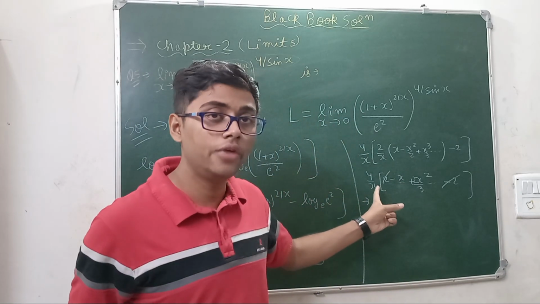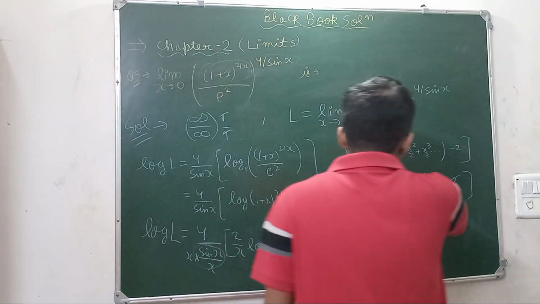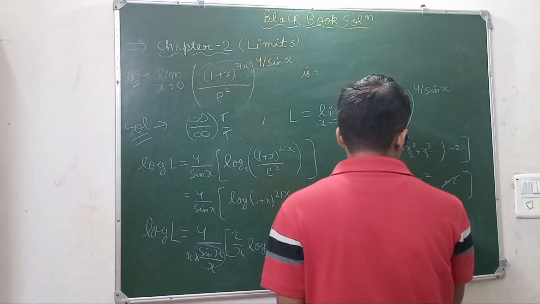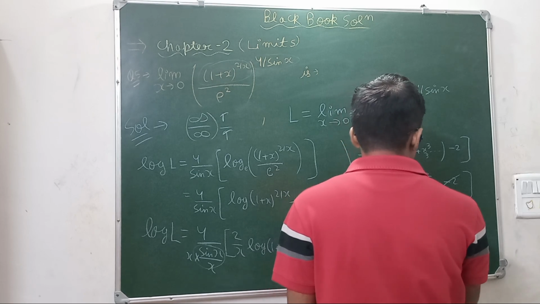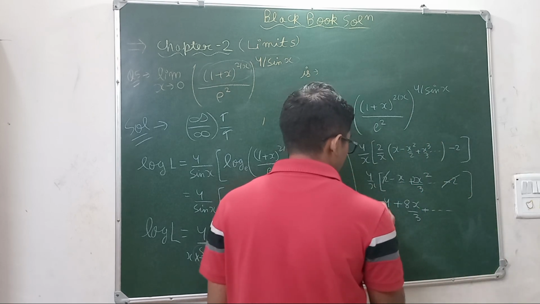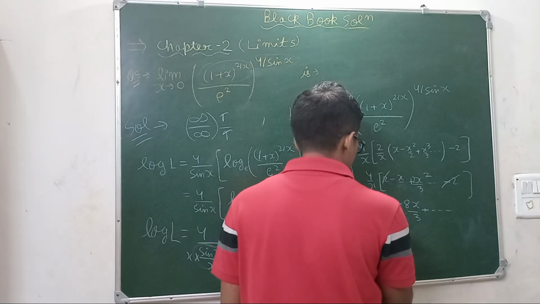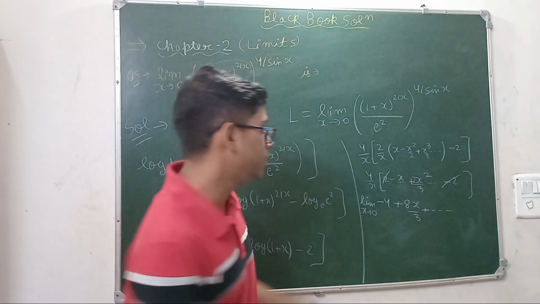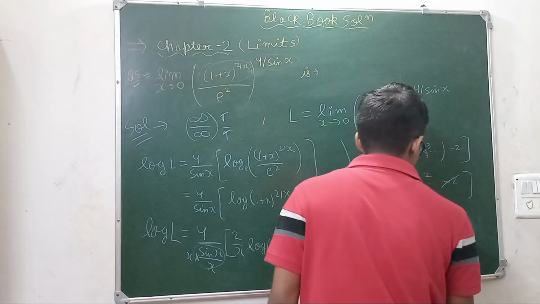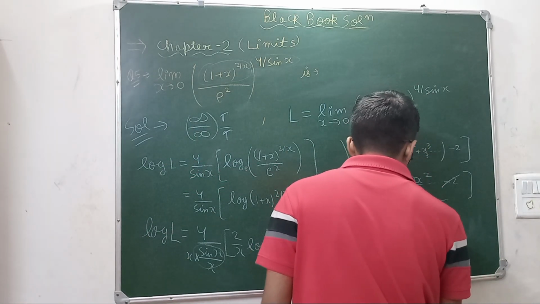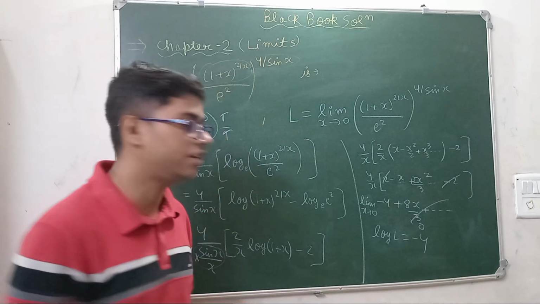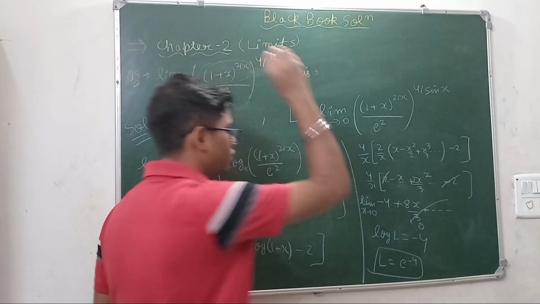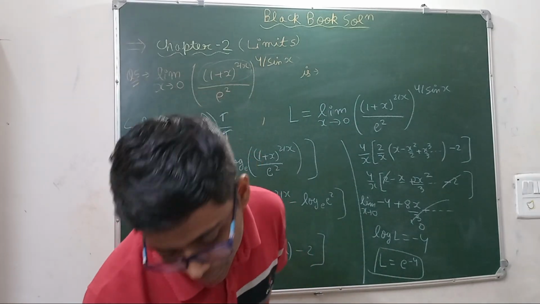Okay, now if you take this inside the bracket, what will this become? This will become minus 4 plus 4 to the 8x by 3, and all the terms of x will be there. Here also, limit x is tending to 0, and if you substitute x as 0, then after the 4, all the terms will be equal to 0. So here log L is minus 4, means the value of log L is minus 4, and the value of the limit L is e to the power minus 4. Okay, means option number B is the answer.